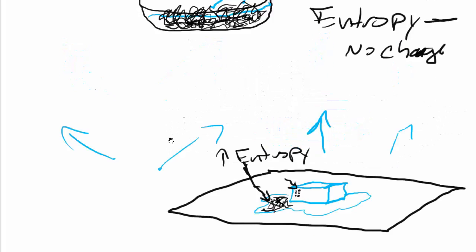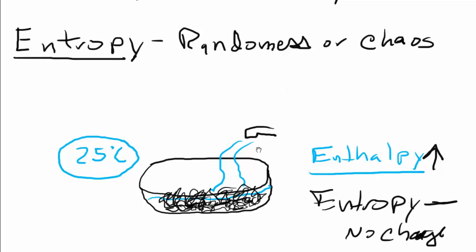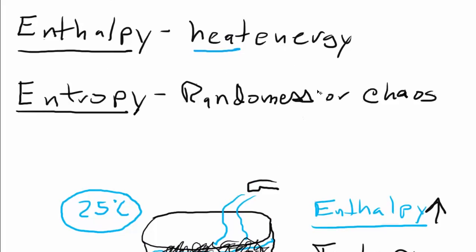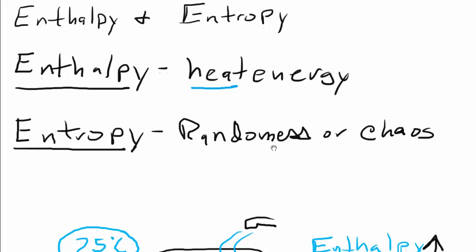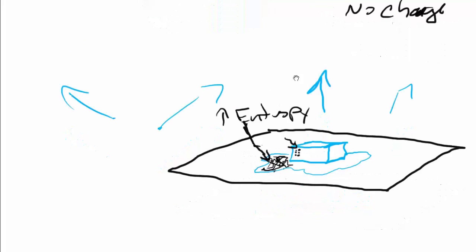So that's just a really quick primer on enthalpy and entropy and how you can figure out whether they're going up or they're going down. Make sure you can define these two terms. Make sure you understand how they work with everyday common situations. That's what your quiz is going to be over. And as always, if you have any questions, feel free to ask in class.